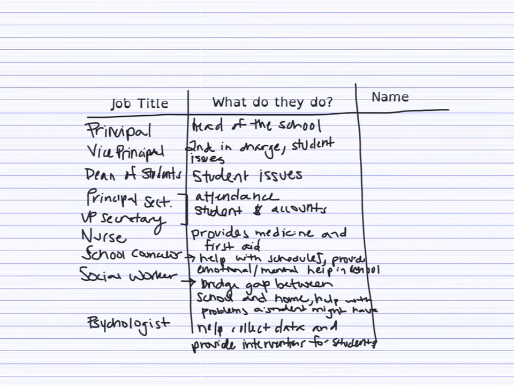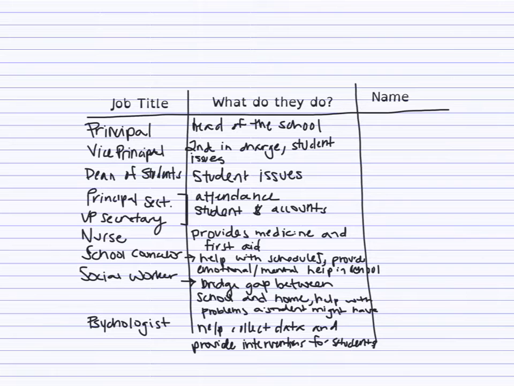Okay, so we left off with our notes looking kind of like this. We had our job titles in and we had what they do. So in order to process this, we're going to go back and we're going to chunk. What that means is we're going to put things into bite-sized pieces. Right now, this is a lot to look at and a lot to work with. So by chunking it, our brain has little bite-sized pieces so we can remember it a little bit better.